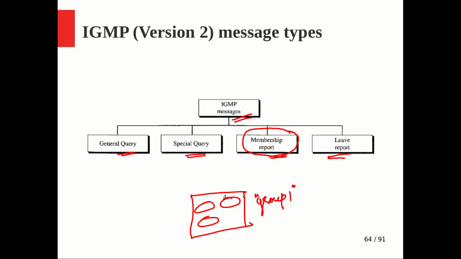Suppose only this particular process 1 wants to join this group and others don't want to join the group. So these processes are supposed to inform their membership report to the host, right? So this is a host. Accordingly, the host will maintain some kind of list: what are all the groups active and who are all the processes which are part of this group. Maybe process 1 and process 2 both may be part of group 1, or only process 1. So like that, the host will maintain a list.